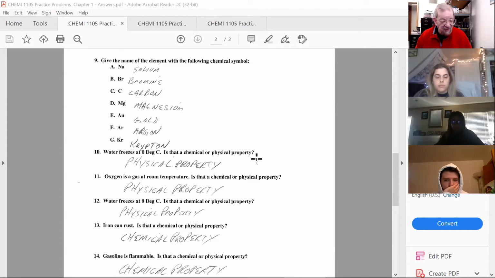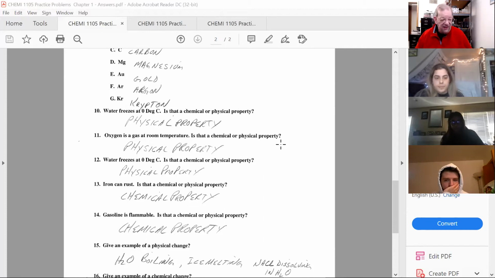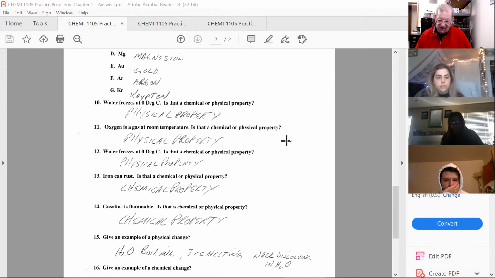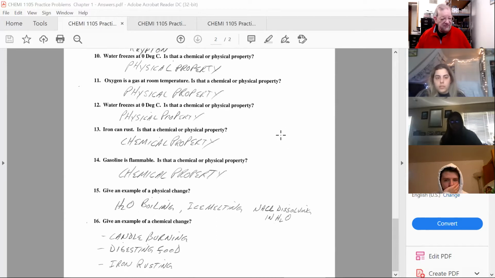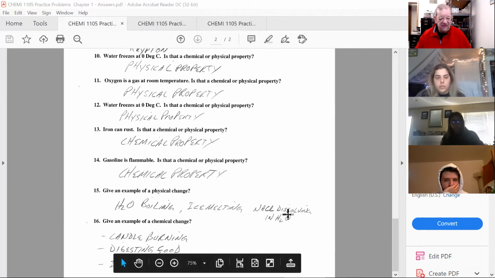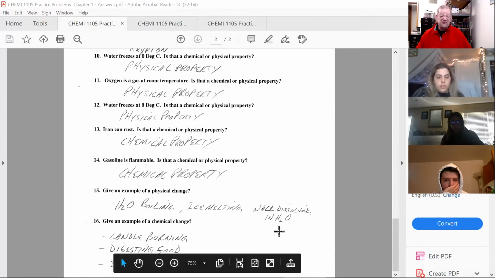Oxygen is a gas at room temperature. That's a physical property. Oh, I think I have two of the same. Oops. Iron can rust. That's a chemical property. Gasoline is flammable. And give an example of a physical change: water boiling, ice melting, sodium chloride dissolving, because the salt, sodium chloride,